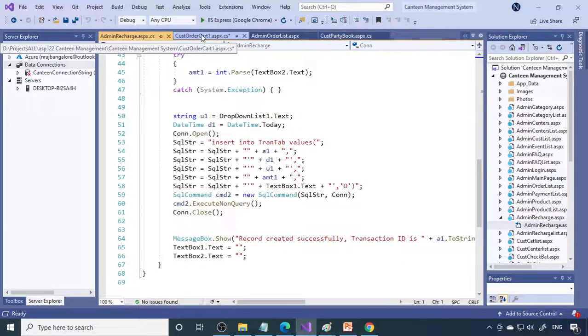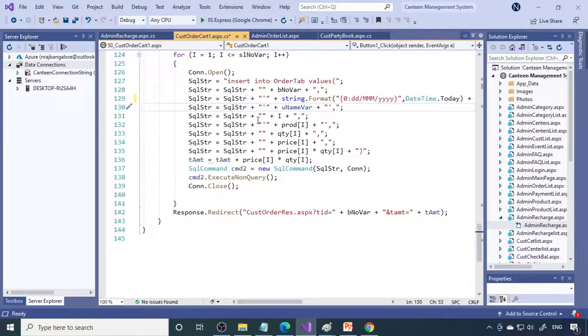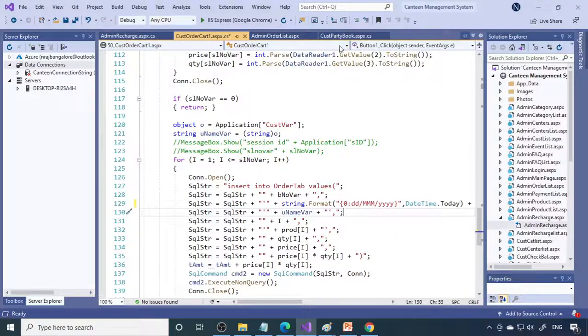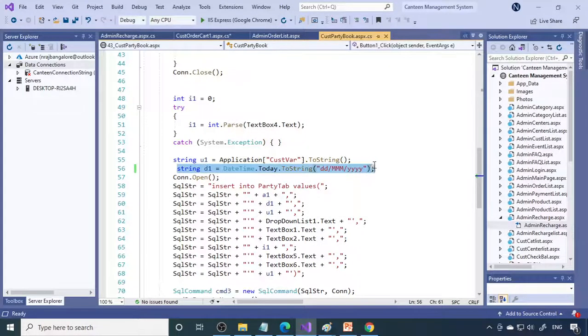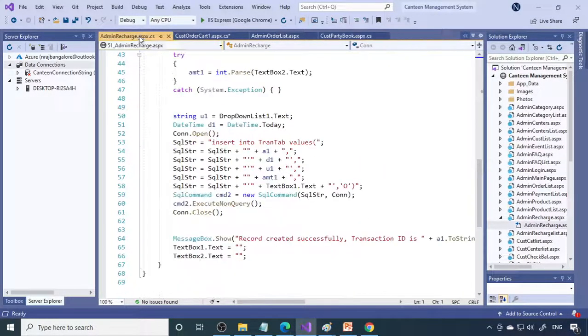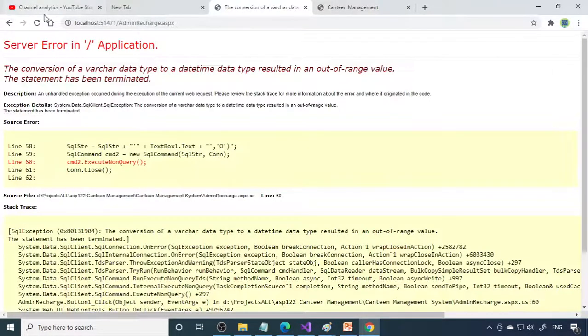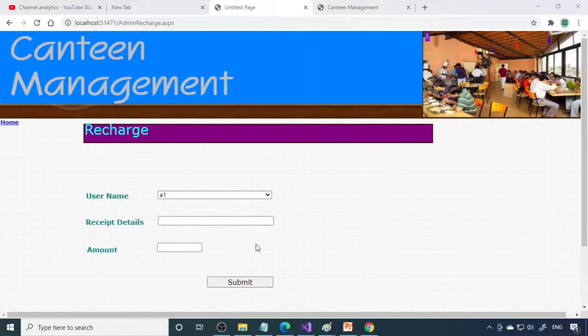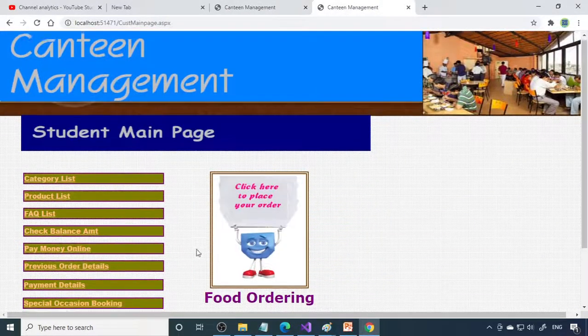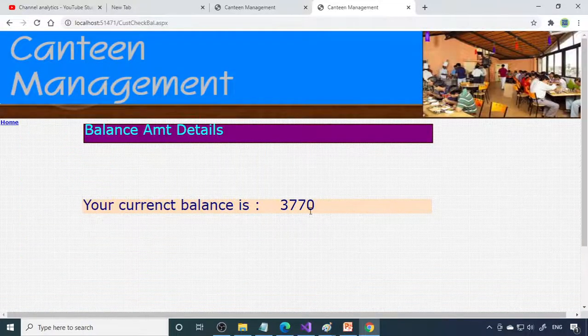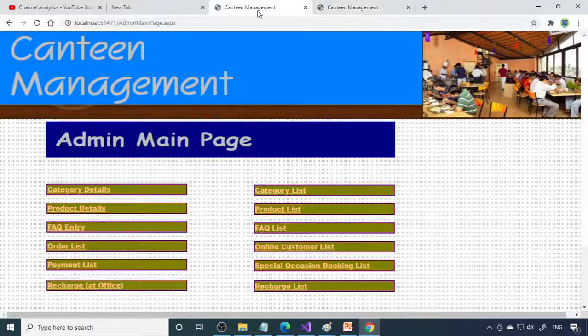So what we can do is you can just go back to where we already wrote the code, right? So therefore you can copy this. Yeah, this is the one. So you can come back here and then you can replace it with that. So now the date is in order. So save this, save this. Right. So now if I refresh, it should accept the values. Okay. So the transaction is 1003. Now you go to student and then check the balance. So 3000. So 2000 is already here. So now you can see that both ways it's communicating well, the student part and the admin part.